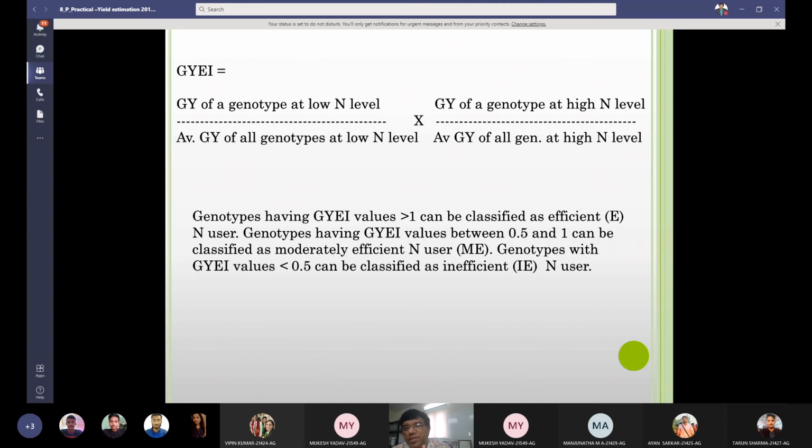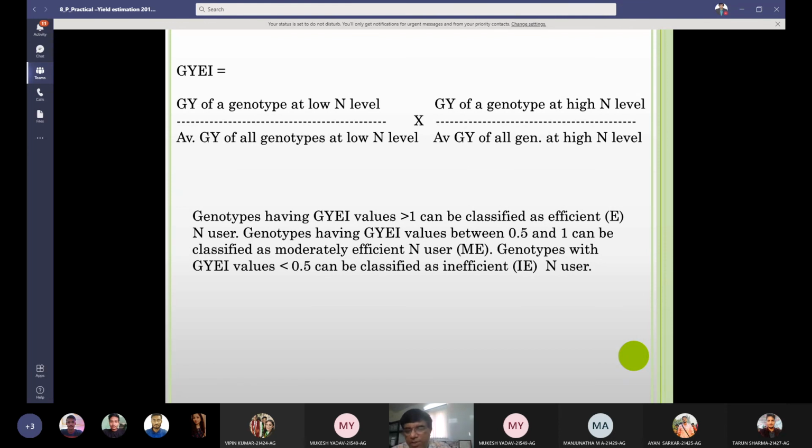So you will use the same genotype for both numerators, and for the denominator you will use all genotypes, average grain yield of all genotypes including the one which is in the numerator. So grain yield of genotype at high N level divided by average grain yield of all genotypes at high nitrogen level. So now you will do some calculation, and based upon this, genotypes having grain yield